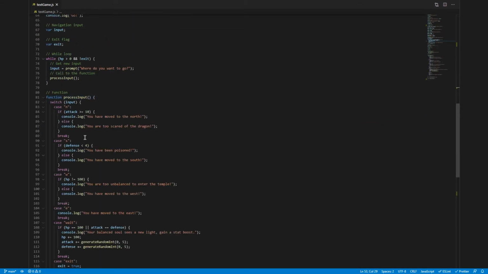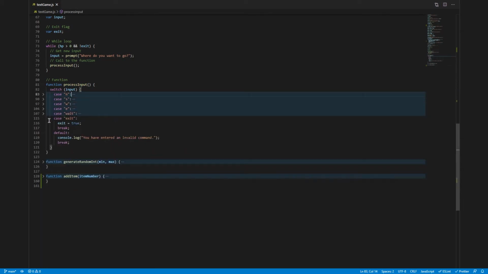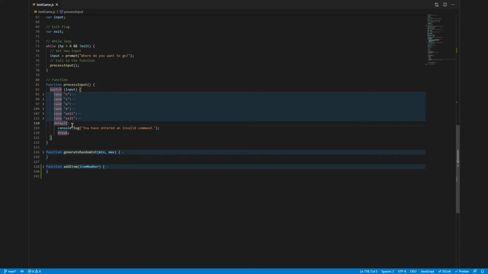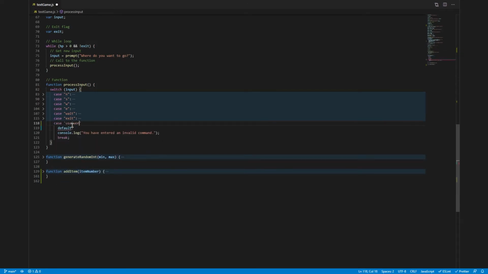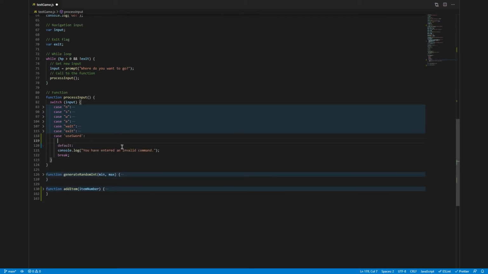So down here in our input processing function, let's go ahead and collapse all these cases so it's a little bit easier to look at. Let's add a case for use sword. Now we could do a couple interesting things here. We can add a tag for taking out your sword, and let's just say we're going to pose with it because we don't have any battles or anything yet. So if the command is use sword,